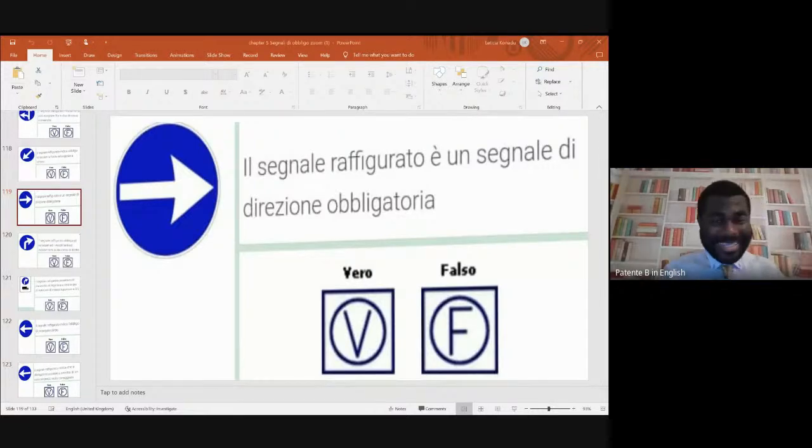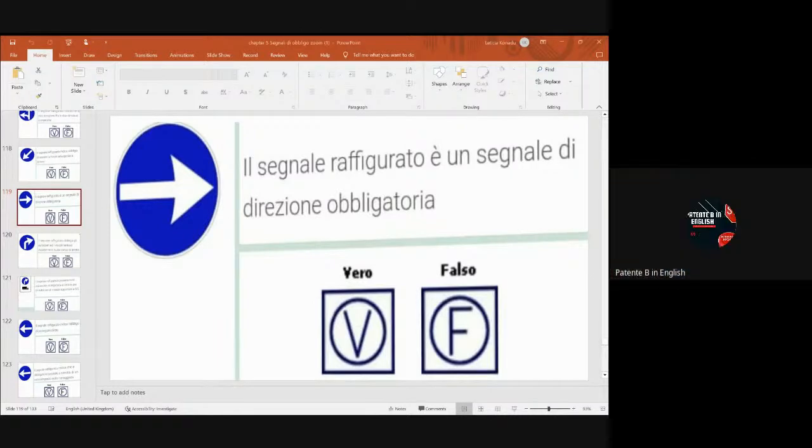And indeed, this is a bonus question. The answer to this question is true. This is a compulsory direction. You don't have any choice. You get to the junction, and it doesn't matter whether there's a road approaching from the left or a road ahead of you. You must only turn to your right, and that's all. No excuses. You can't be selective. Turn to your right, and that's all.